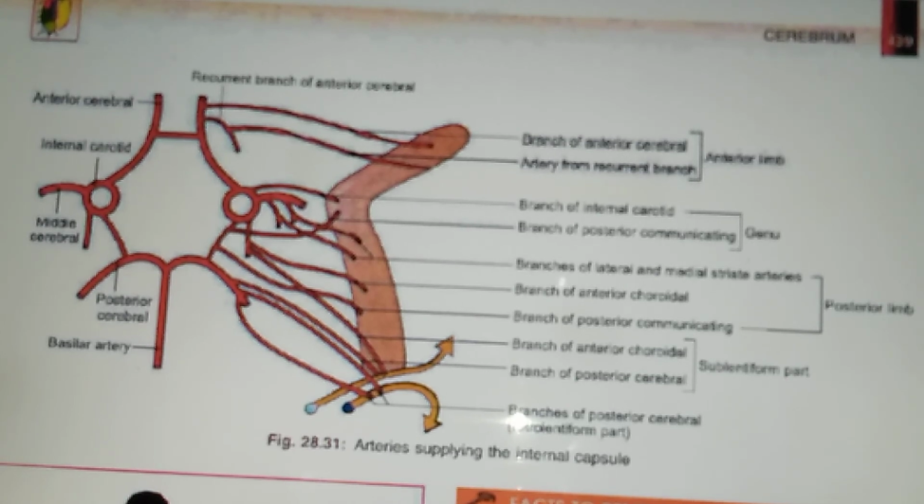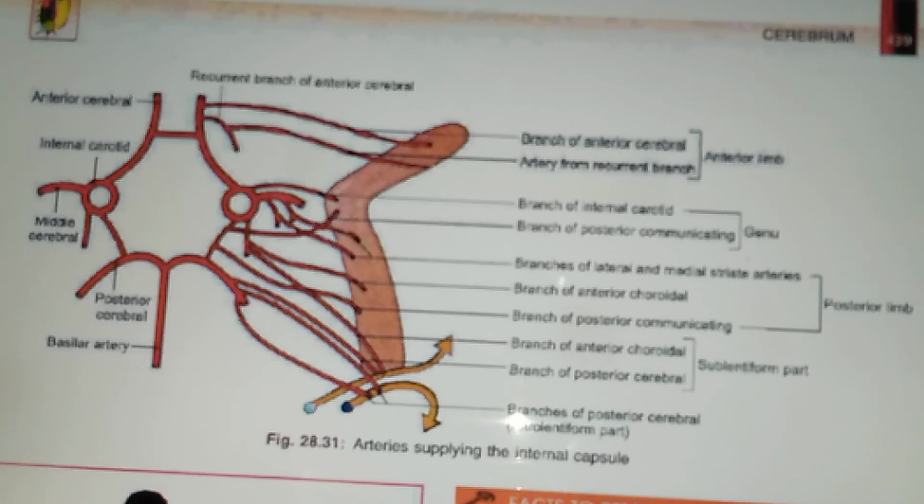A lesion in the genu of the internal capsule could produce sensory and motor loss on the contralateral side of the head. But still the paralysis or the damage is not complete. Why? Because there is a bilateral cortical innervation of most cranial nerve nuclei. So there is definitely a sensory and motor loss on the contralateral side of the head, but it is not complete. Some functions are still retained. So that is all about the clinical anatomy or the applied anatomy of the internal capsule. Okay, bye.